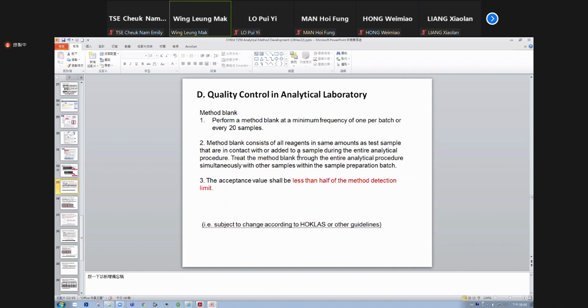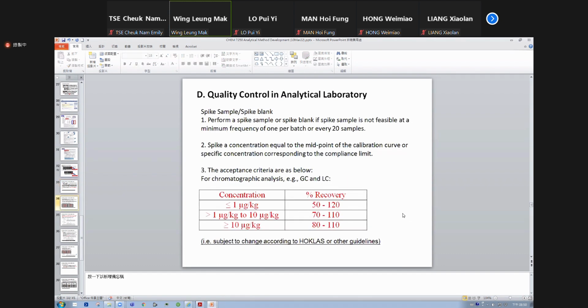Quality control gives you the summary. Method blank, always every 20 samples. And the acceptance criteria, normally we will set up less than the method detection limit. Okay, detection limit, how to report. But it is also subject to change due to HOKLAS or other guidelines. Other guidelines mean maybe the country guideline or the regional guideline, like this. For the spike samples, spike blank,